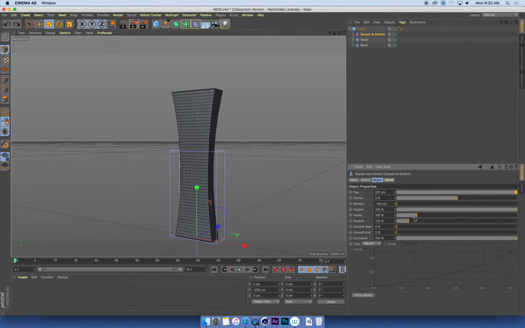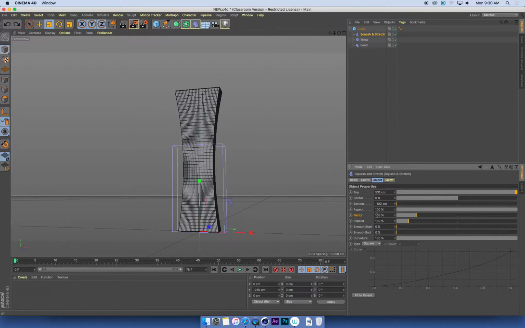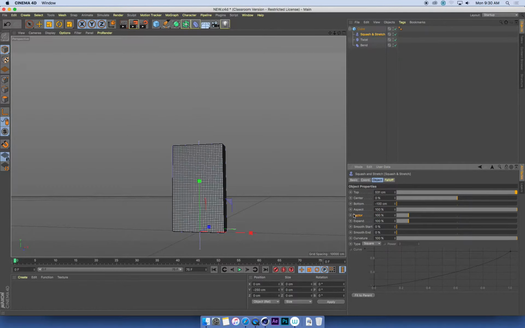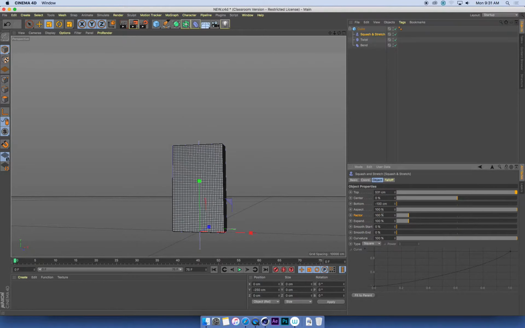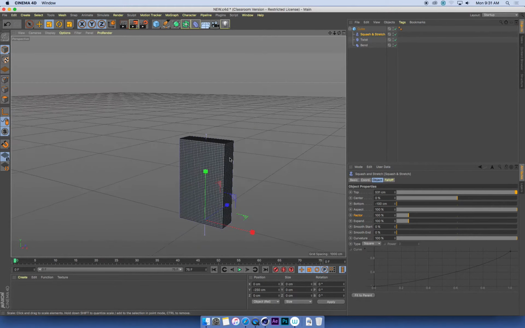So the squash and stretch factor, this is what we animate. When the factor is at 100%, there's no squash or stretch. When it's lower than 100, you squash. When it's above 100, you get stretch. There's a lot of other settings there, we're not going to worry about those too much. That factor is really about it, other than the top that we need to adjust. Okay, so those are all set up. So that's our deformers created for